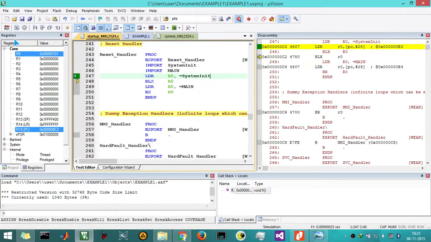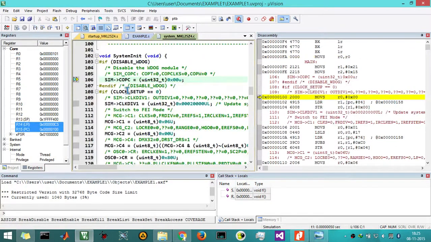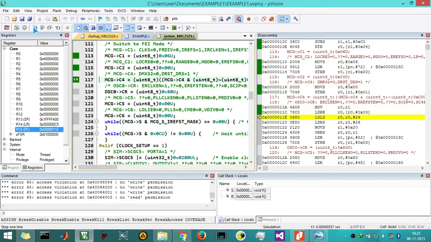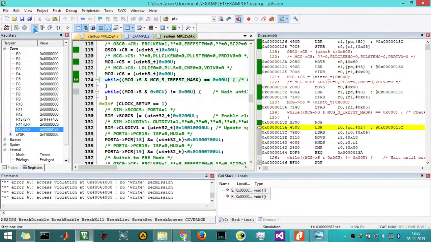Now if we step into this one, now our control is here. If we step into this one, it will go to this statement directly. So here it will get executed. You can see the execution statement, and it has come to a stop here.